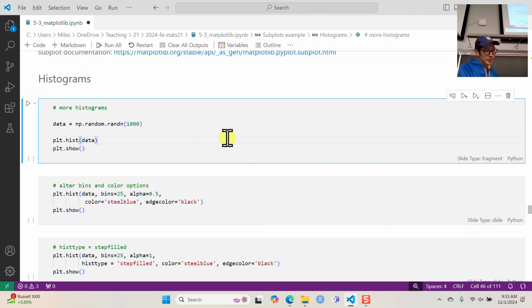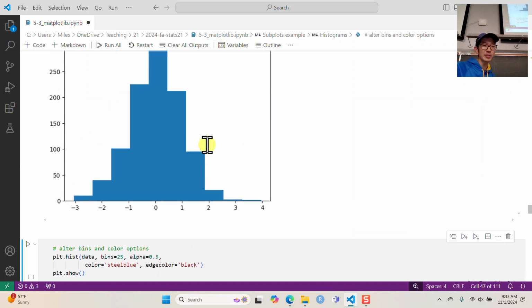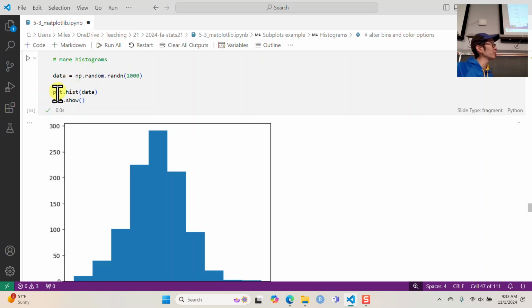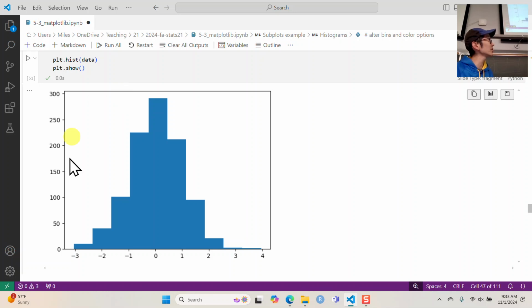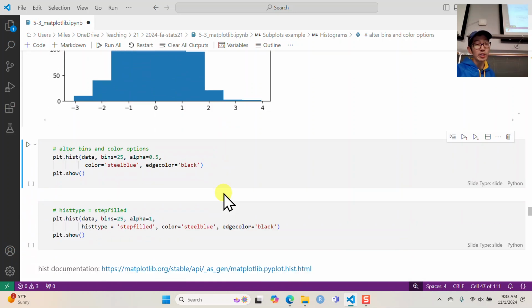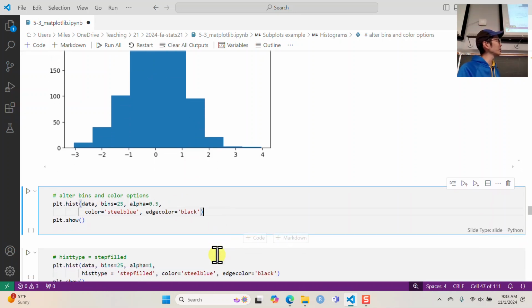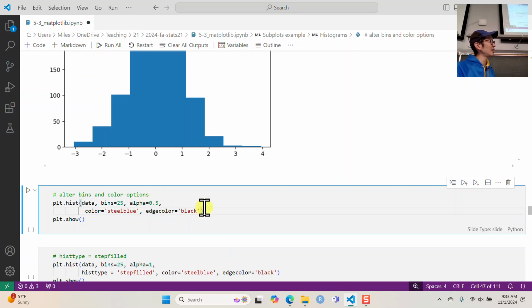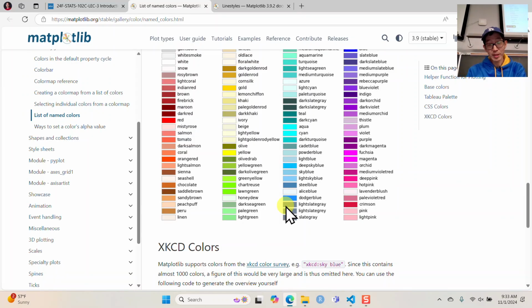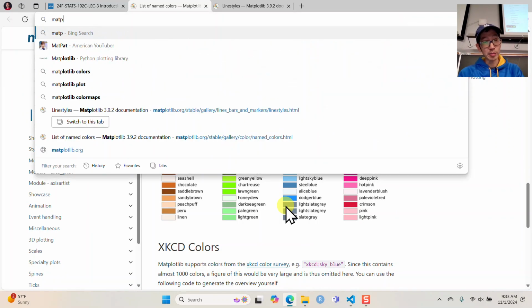All right. Other kind of common plots that we make, histograms, okay? plt.hist, easy, okay? So make some random data, normal generation, plt.hist, plt.show. You do that. You can give it some arguments. You can change the number of bins. Now I can never remember the arguments for this. So I always have to go matplotlib